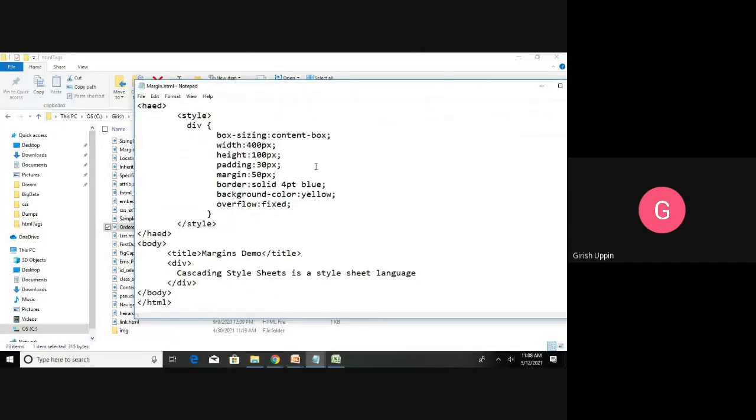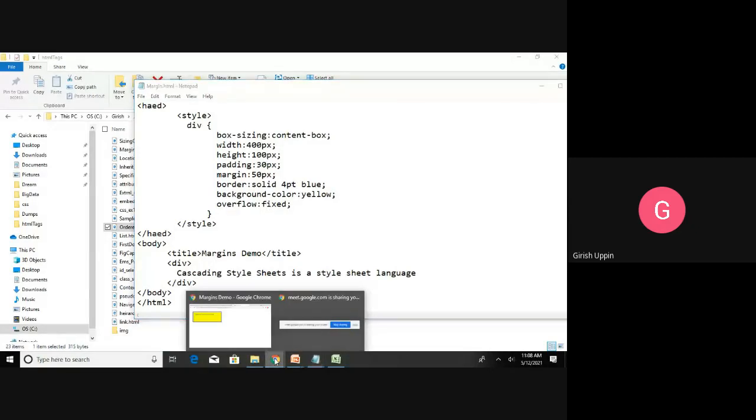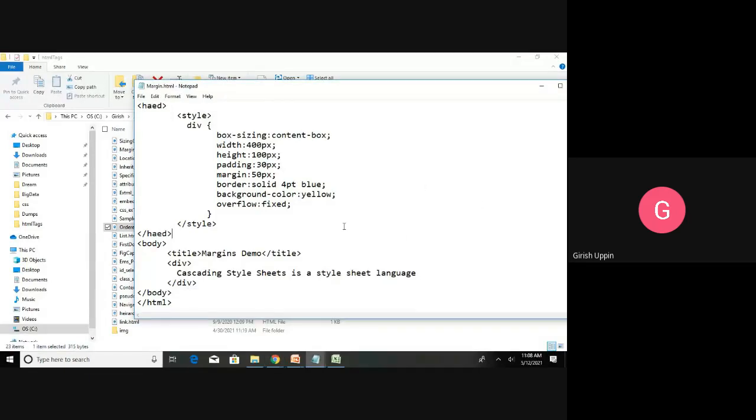Okay, I have used the same example. I have overflow. Inside the overflow, in order to really see that overflow, we need to have a lot of content. I will just copy this content many times in the div.